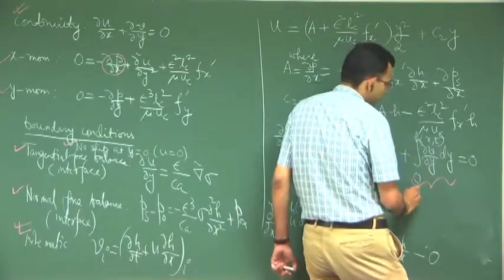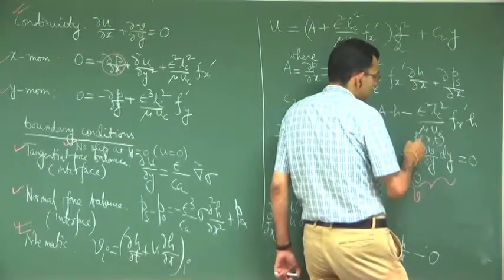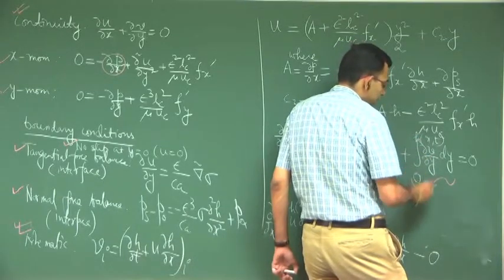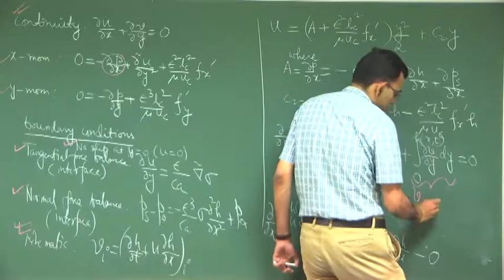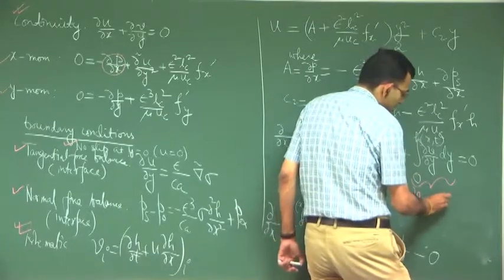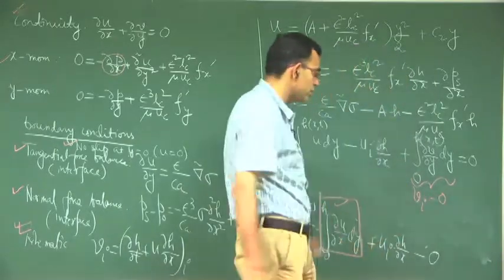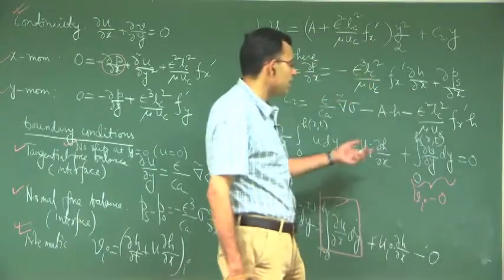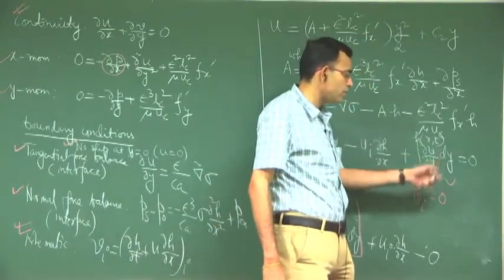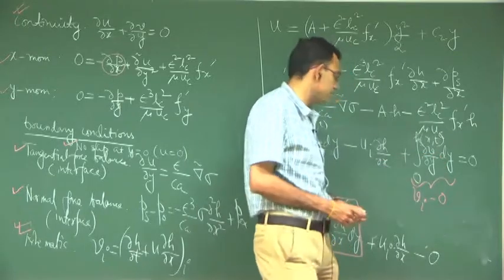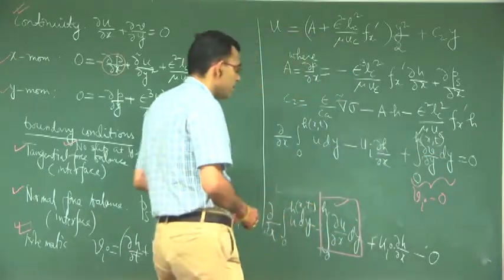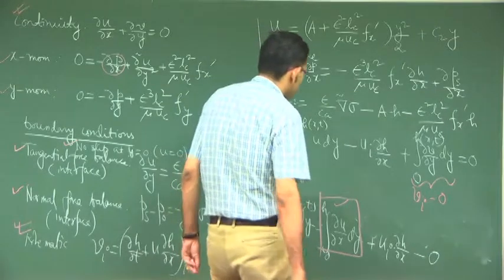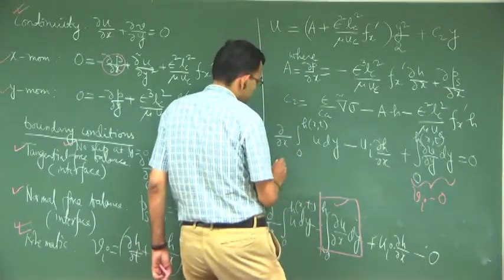So, this is V at h minus V at 0, and V at 0 is 0, no penetration boundary condition. So, these are both kinematic boundary conditions. So, the kinematic boundary condition is used for the y momentum equation. So, you are left with